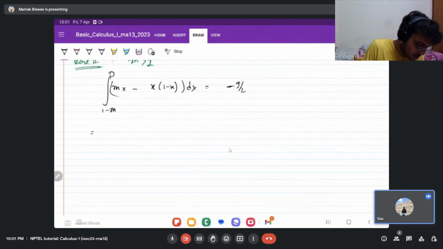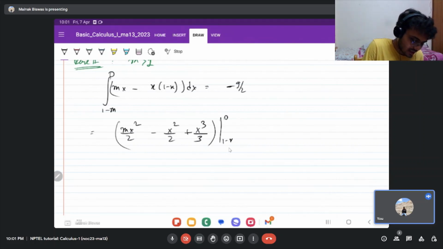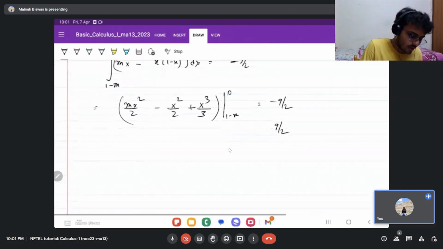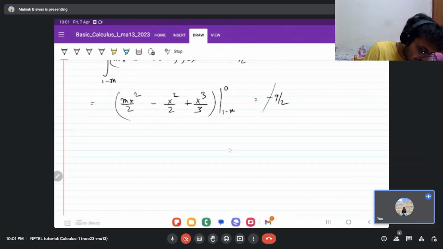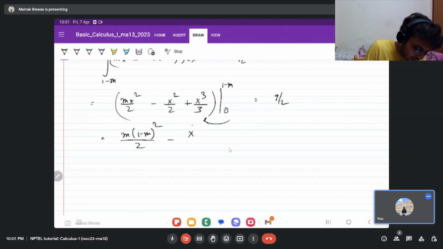So this turns out to be, let's integrate, m square by 2 minus x square by 2 plus x cube by 3, right? From 0 to 1 minus m is equal to minus 9 by 2, or you can put 9 by 2 and you can cancel this and put directly 1 minus m here, or you can swap, you can dissolve the negative sign and change the limits. So what you have is m into (1 minus m) square by 2 minus (1 minus m) squared by 2 minus,